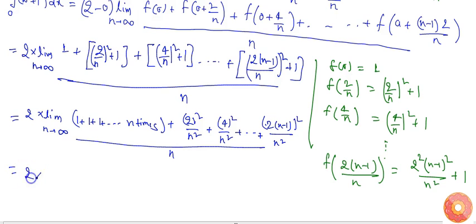So I get 2 into the limit as n tends to infinity of 1 plus 1 plus 1, n times, which gives n,